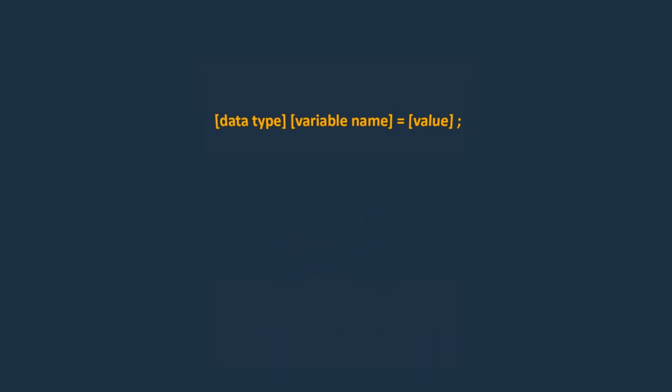Okay, let's go for the second data type, which is int. Sometimes we wanna store a number in a variable. So, in this situation, we need to use the int data type. For example, to store the age of a person, we need to use the int data type. Let's give you another example. To store the floor of a building, we can use the int data type as well.